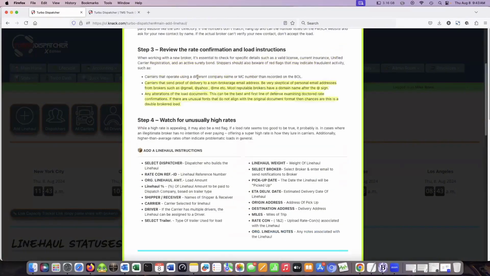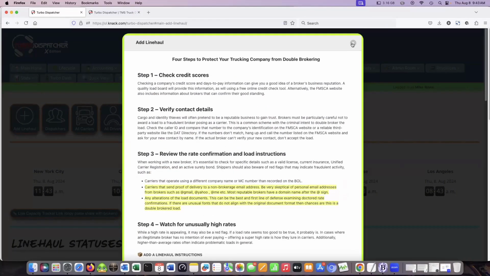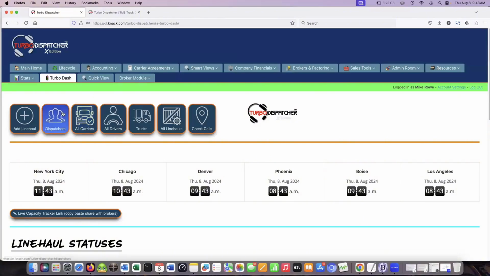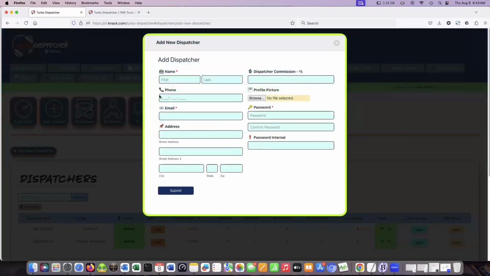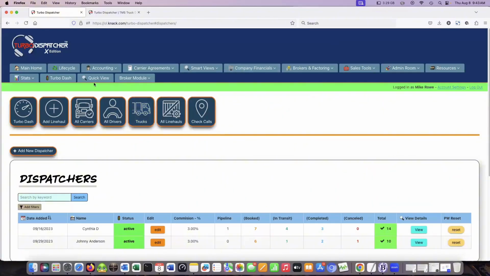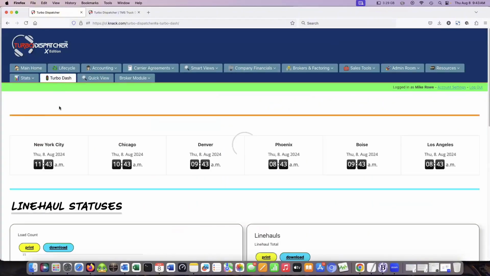Another thing I want to bring up, if you're an admin and you want to dispatch as well, you will need to add yourself as a dispatcher with an alternate email than the one that you were set up with as an admin on the platform. So you would just come here, add yourself as a dispatcher, but with a different email address. You put your first and last name, you're probably not paying yourself, so you can just leave that blank and set all this up. But going back to adding a new load,